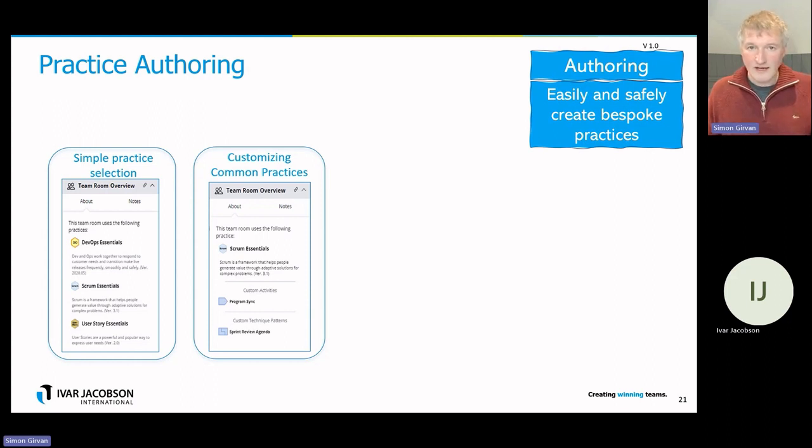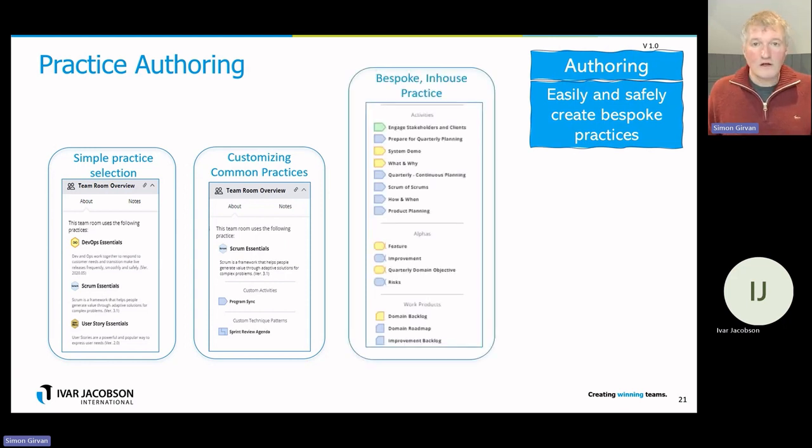It's not just a meeting they go to, it's a meeting that's an activity written in the Essence language, which means I need to decide what does it achieve. Are there particular roles that people have or responsibilities, and how often does it happen and things like that? So I can do these small changes. Or I can do a full bespoke practice. Just like Kanban or Scrum or psychological safety or BDD, I can write my own practice.